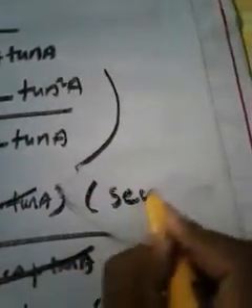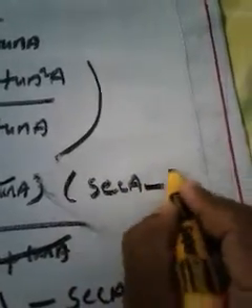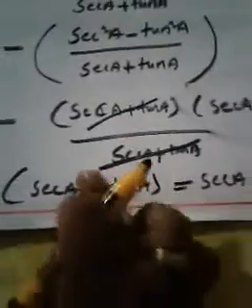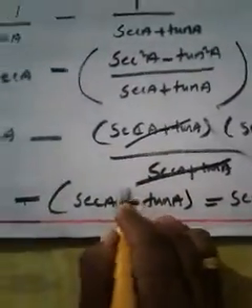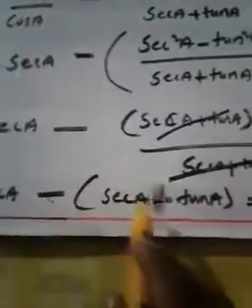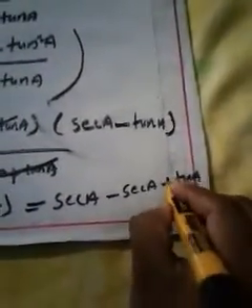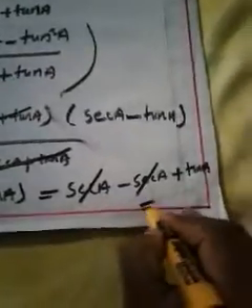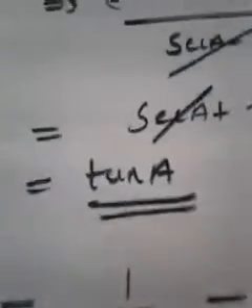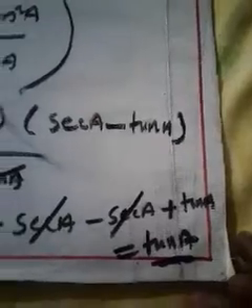That means here sec minus tan a will remain, isn't it? So here sec minus tan a will remain. So when you take minus inside, it becomes sec minus sec. This is correct. Then this minus will be plus. So plus tan a. Now sec cancels. What is the result? Tan a is the result. That means when we simplified LHS, we got tan a. When we simplified RHS side, we got tan a. That means LHS is equal to RHS, hence the proof.